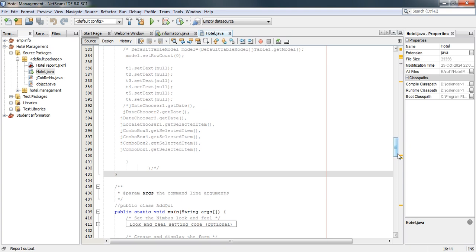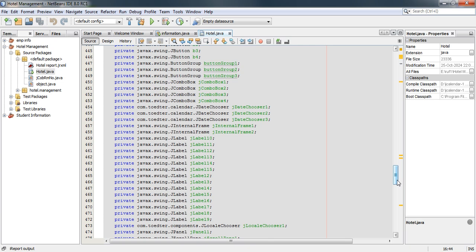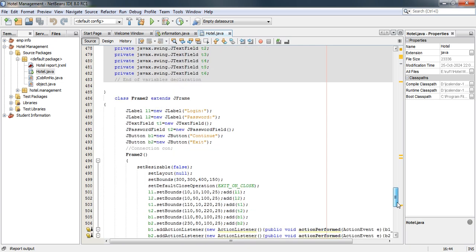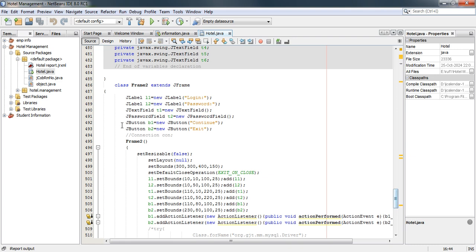तो इस प्रोजेक्ट के अंदर हमने 2 फ्रेम को यूज़ किया है, जिसमें 1 फ्रेम की हेल्प से हमने दूसरे फ्रेम को लॉगिन किया, जो हमारा होम पेज होगा. ठीक है, सेकंड फ्रेम जो है हमारा ये रहा. यहाँ पर क्लास के थ्रू हमने जे फ्रेम को एक्सटेंड किया, इनहेरिट किया, with the help of